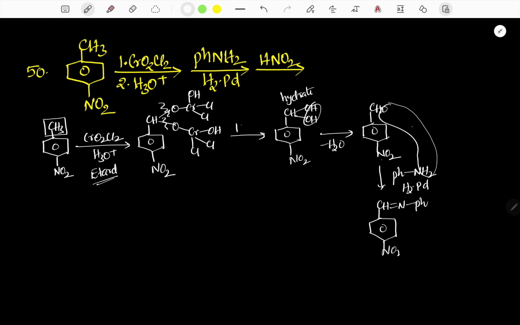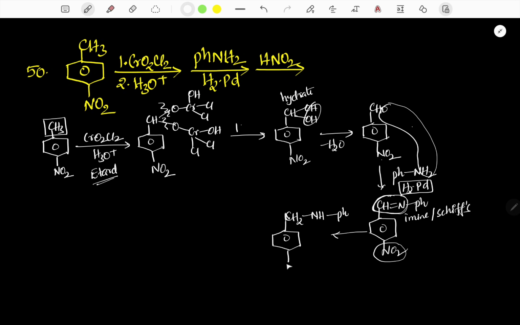So this functional group is known as imine as well as Schiff base. But we are using H2, Pd also, a reducing agent. Therefore NO2 will be reduced and imine also will be reduced. That's why the final compound is CH2 NH Ph and NH2. Now to this compound if I add excess of HNO2,